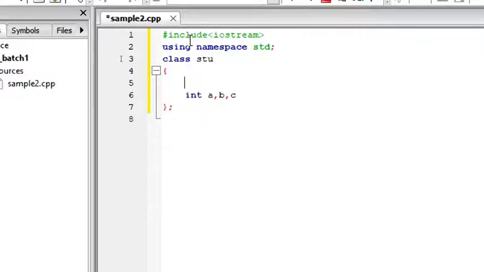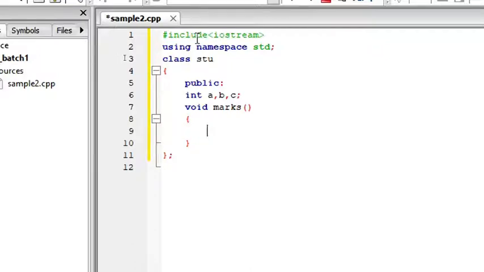And before that, inside the class, we have to mention the access specifier. It should be public. And I have declared three variables: int a, b, c with semicolon. Now let me create a function. Void space. You have to give a function name. Let me say marks. And now we don't need to see how to pass an argument inside the function. Let's keep it clear now.